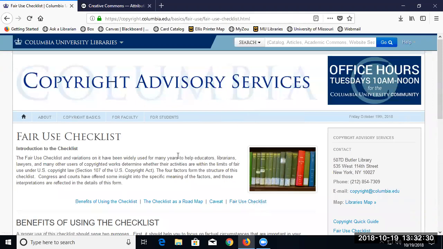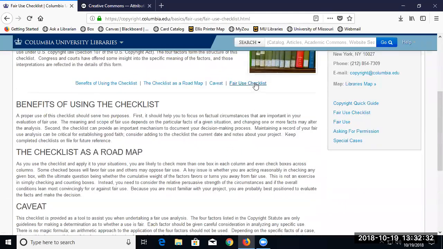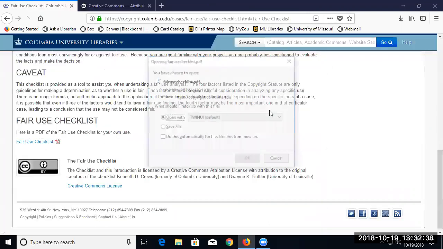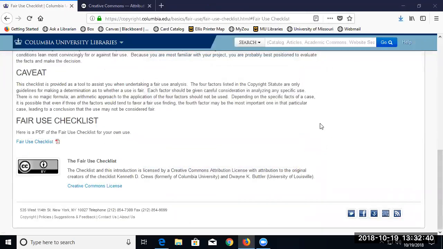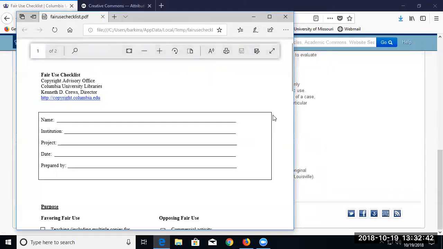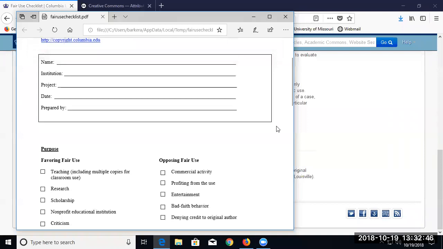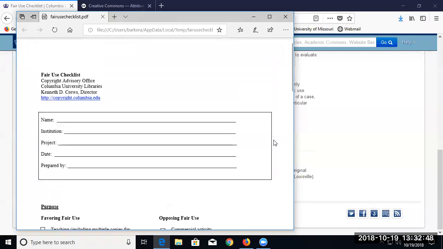So he has made this, this describes a lot of different things, but I'm just going to take you straight to the fair use checklist, and you can see he's got a Creative Commons license on it, so we can reuse it. This is handy both as kind of a roadmap to help you evaluate things and also for your record keeping. So if you are thinking about using something, and this would apply to your blog question or a publication, you want to fill this out. You can see you've got your name, the date, everything like that.